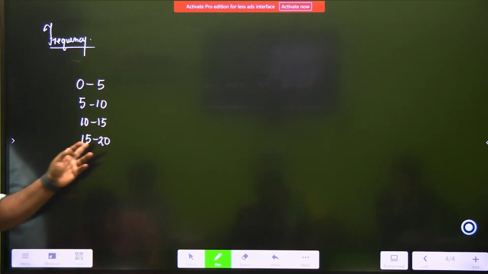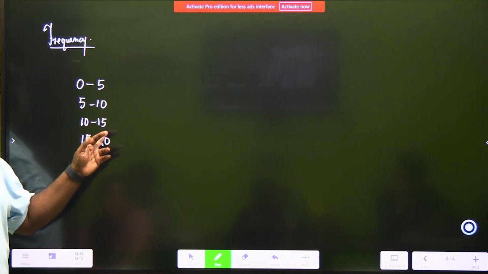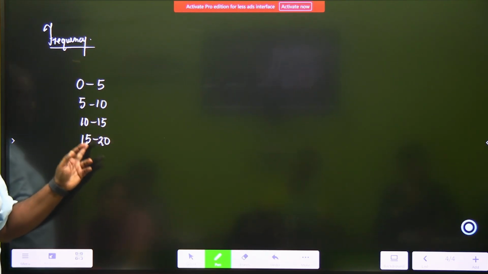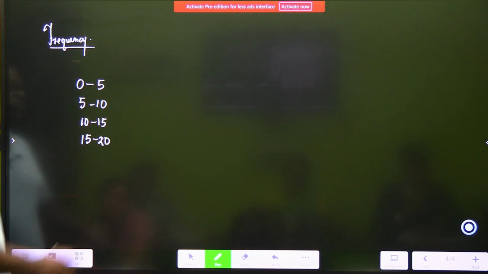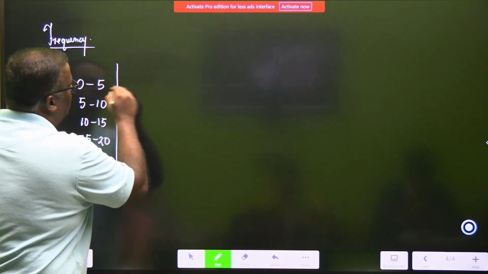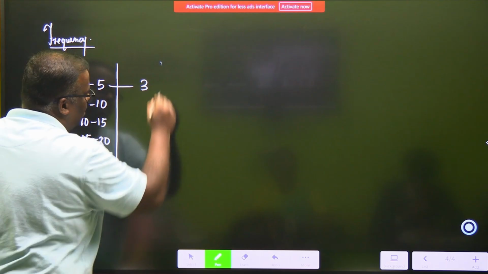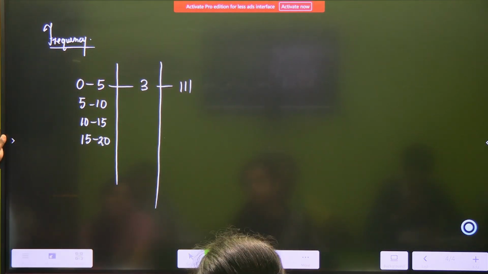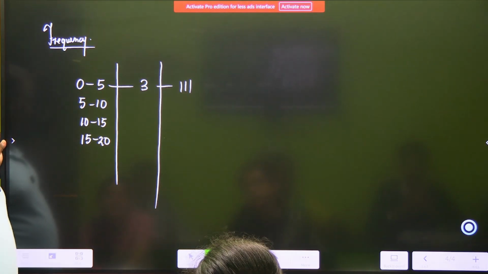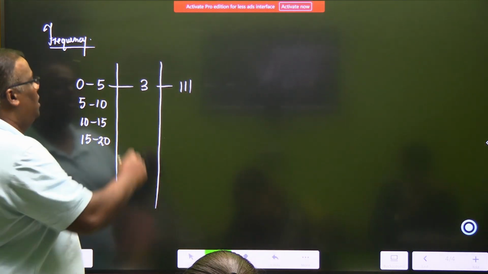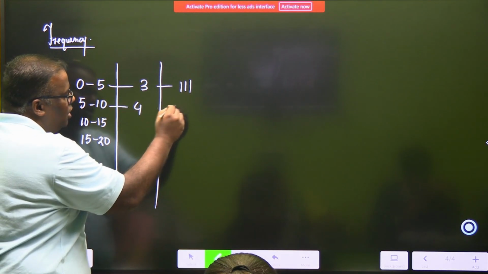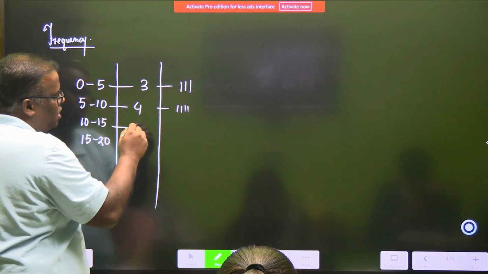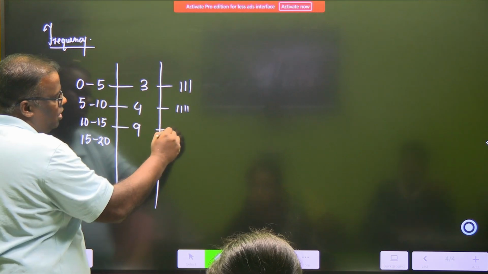If a child has scored 15 out of 15, मैं उसको यहाँ नहीं डाल सकता हूँ क्योंकि ये कॉन्टिन्यूअस है। कंटिन्यूअस में अपर क्लास लिमिट इंक्लूड नहीं होता है, तो उसको इसलिए ये स्लैब लिया। अब 0 से 5 के बीच में हमारे पास थे 3 बच्चे, ग्रेड 8 में आप इन 3 बच्चों को ऐसे लिखते थे, जिसको बोला जाता था टैली मार्क्स। बहुत अच्छी बात है। यहां हमें मिले 4 बच्चे। यहां हमें सबसे ज्यादा शैतान बच्चे मिले, 9 बच्चे।